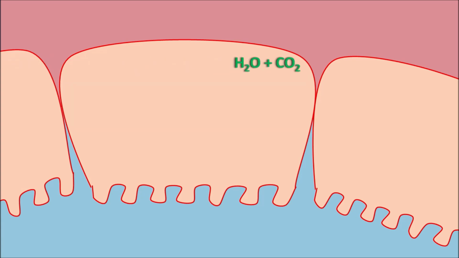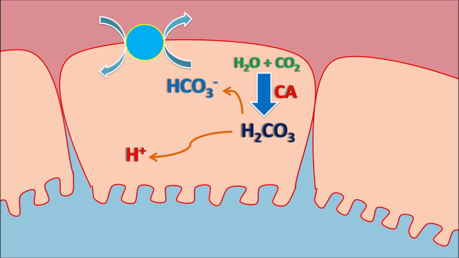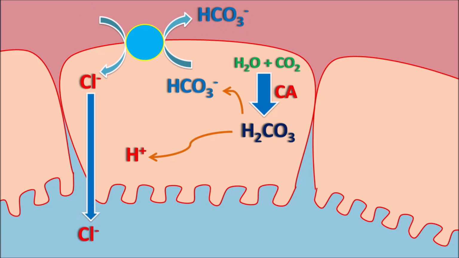Within the gastric parietal cells, the water and carbon dioxide are going to be combined to produce the carbonic acid by one of the enzymes, carbonic anhydrase enzyme. Then this carbonic acid can be split into two components. One is the bicarbonate and another one is the proton. And this bicarbonate can be exchanged outside by another pump present on this gastric parietal cells. So here this pump can exchange the bicarbonate to the outside for the exchange of the chloride ions. These chloride ions can then be secreted into the lumen.